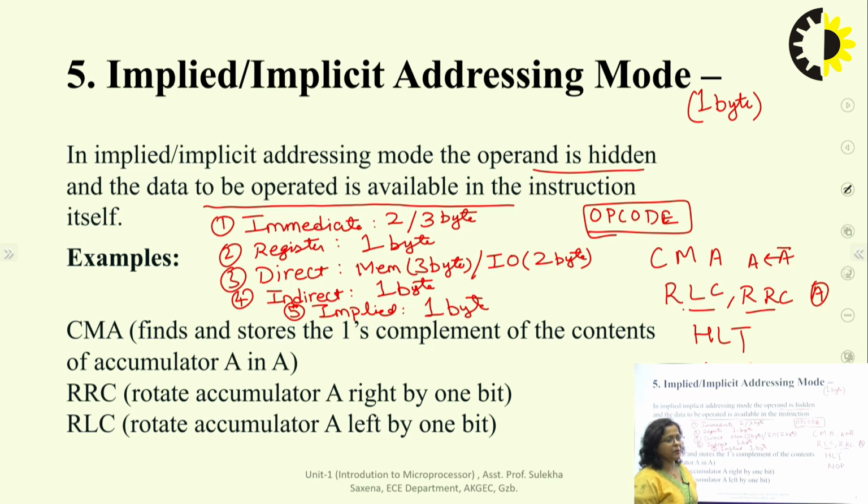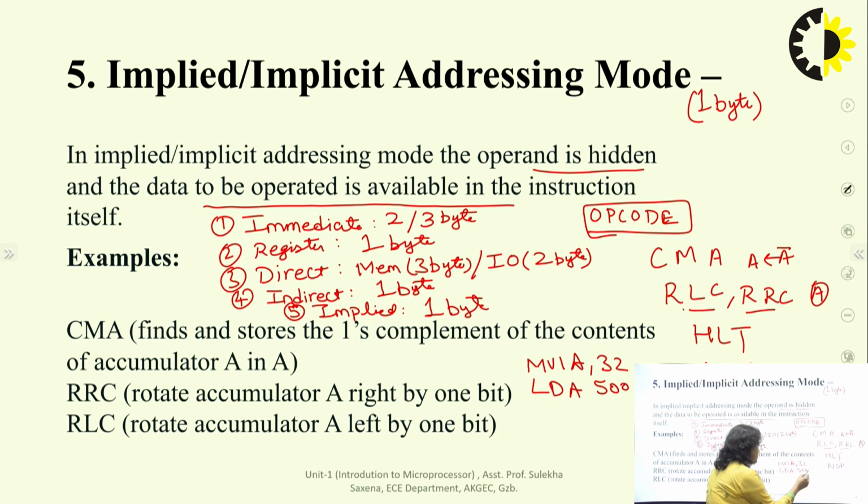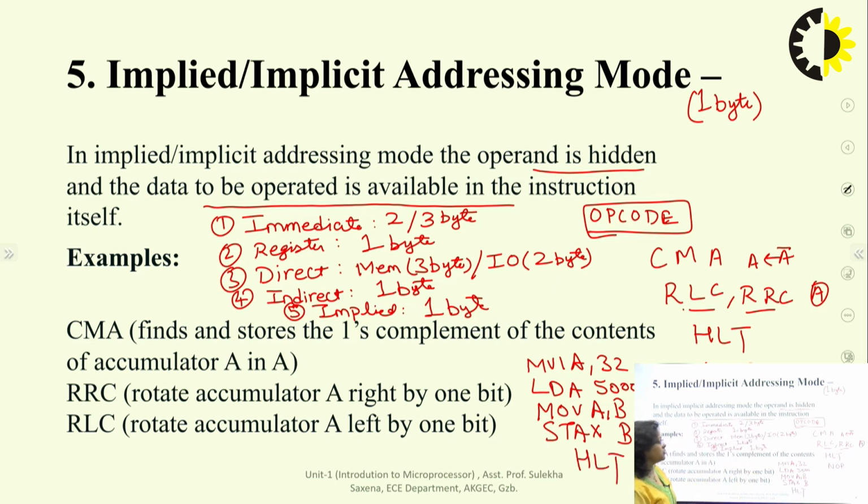So I hope I made clear all the things. I will take one example also to specify the difference: MVI A, 32; LDA 5000; MOV A, B; STAX B; and HLT. So from here I can say that the first one is